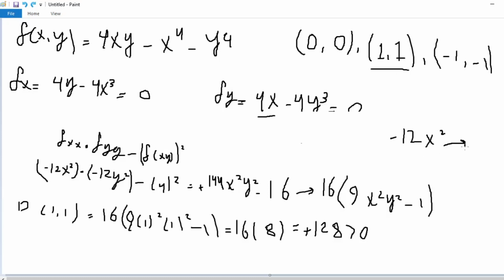The final answer for f double x is negative 12. Because f double x is a negative value, we have a